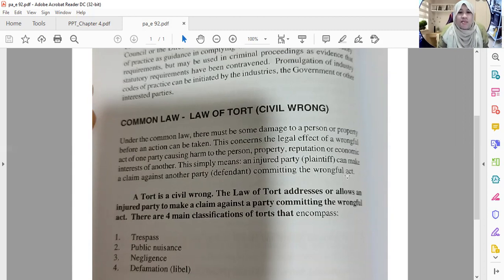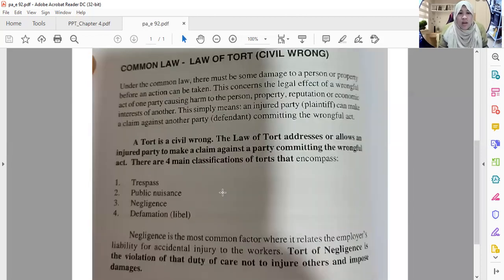According to the common law, as we discussed in part one, the law of tort involves damage to a person or property before an action can be taken. Of course, this involves a legal act because the wrongful party is causing harm to another party. The injured party is the plaintiff, whereas the harming party, called the defendant, commits the wrongful act. So a tort is a civil wrong. A tort is a civil wrong. The law of tort allows an injured party to make a claim against a party committing the wrongful act. So there are classifications of torts that encompass